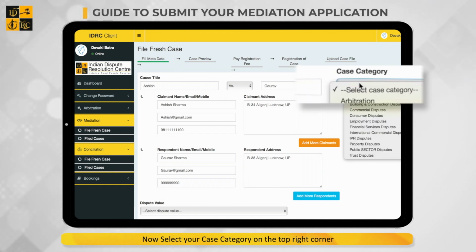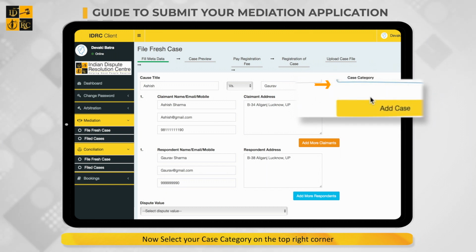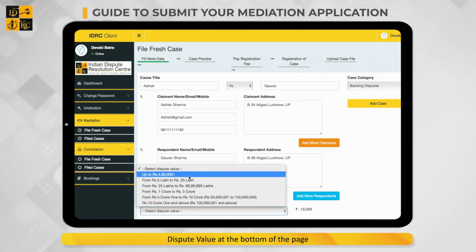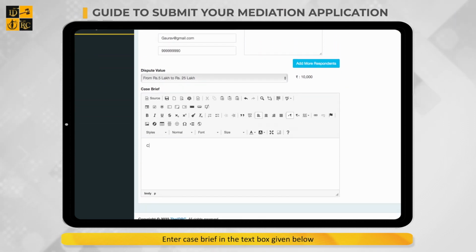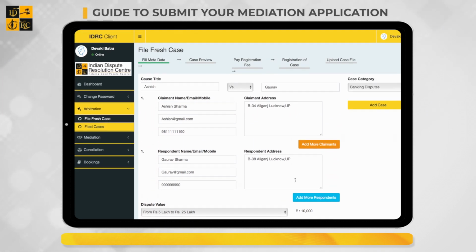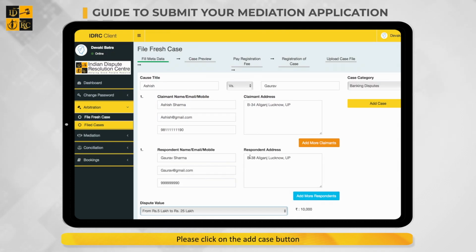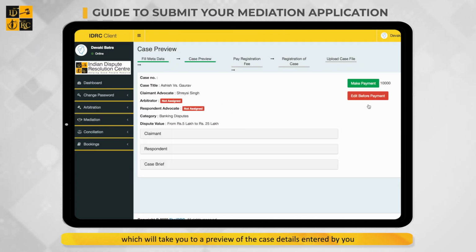Now select your case category on the top right corner and dispute value at the bottom of the page. Now please enter case brief in the text box given below. Please click on the Add Case button, which will take you to a preview of the case details entered by